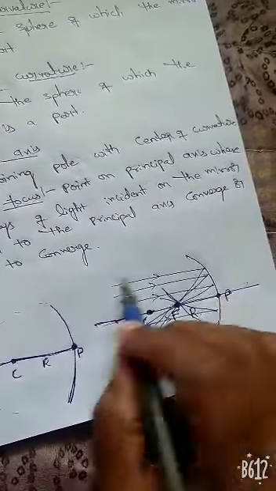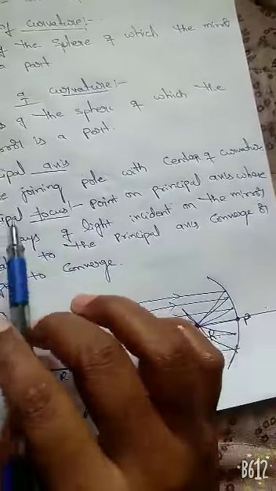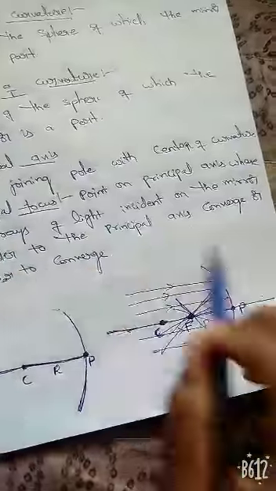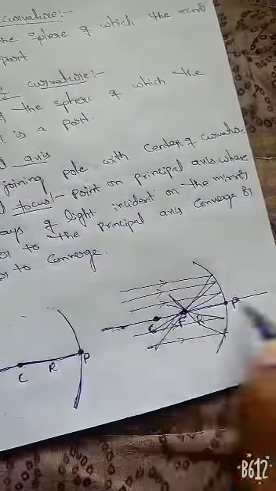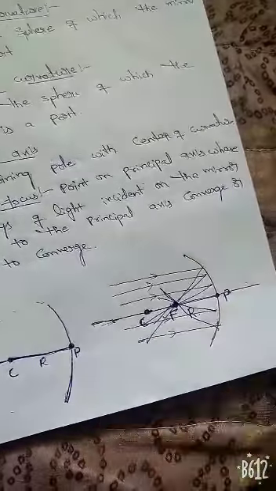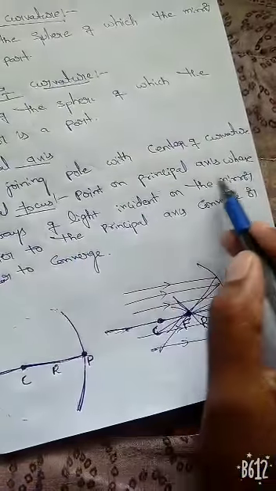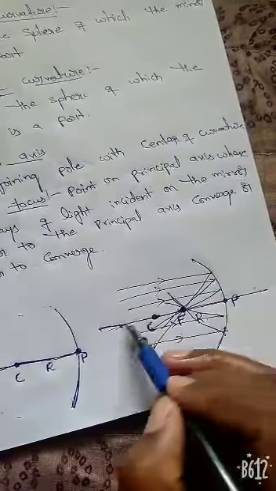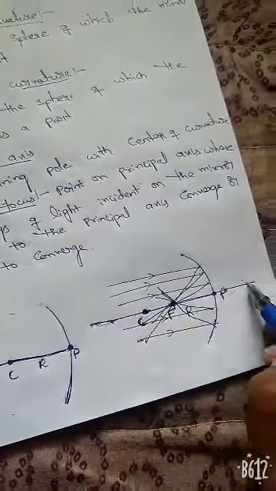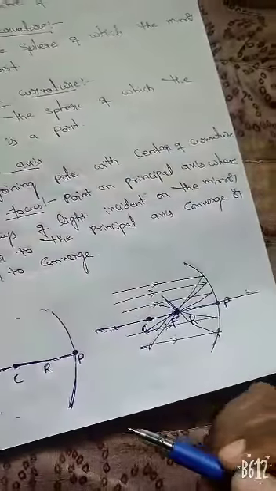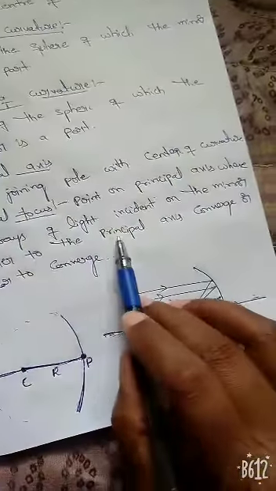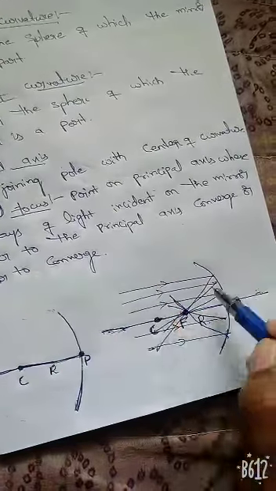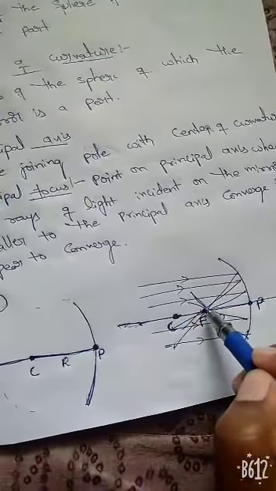So here, what they have given: principal focus means a point on the principal axis. This principal focus should be at a point on this principal axis. Next, the rays of light incident on the mirror parallel to the principal axis. The rays which are incident, those rays should be parallel to this principal axis. Second point is also satisfied. Next, the third point is they have to converge or appear to converge. They are converging at a point. So this is a